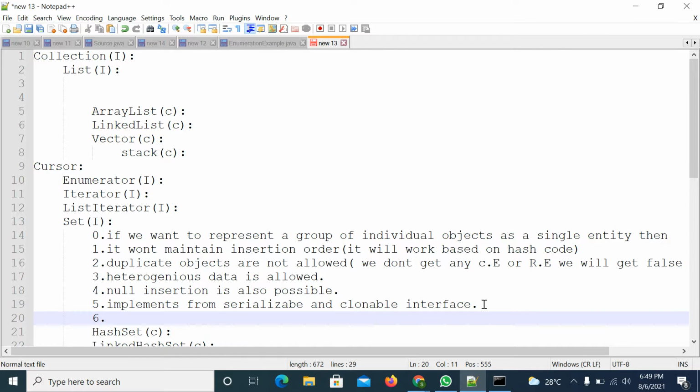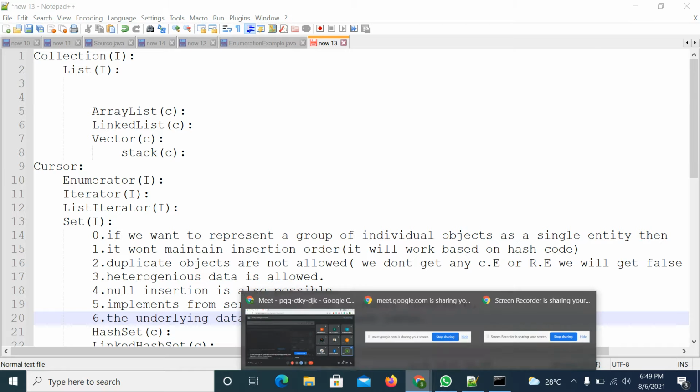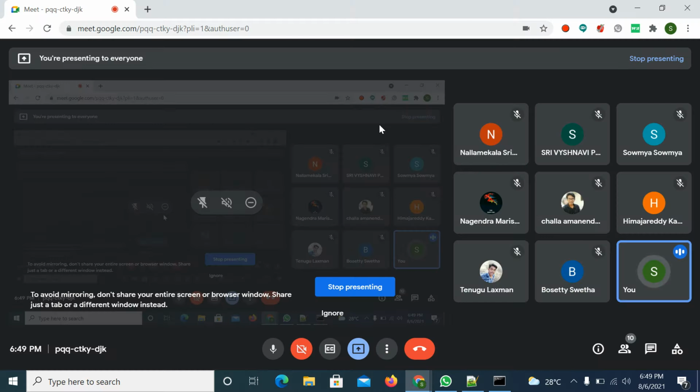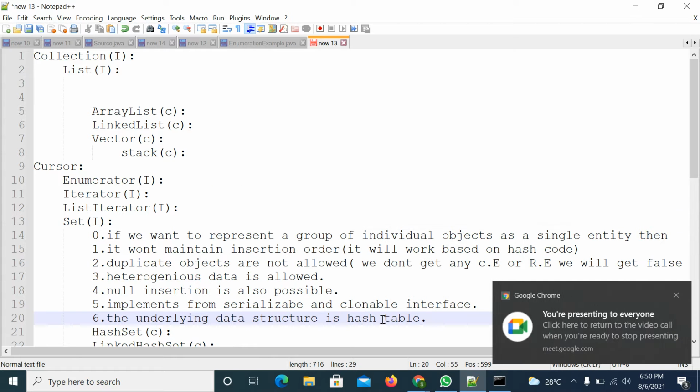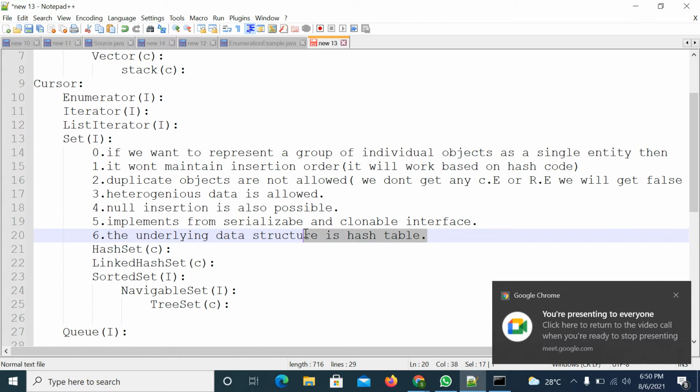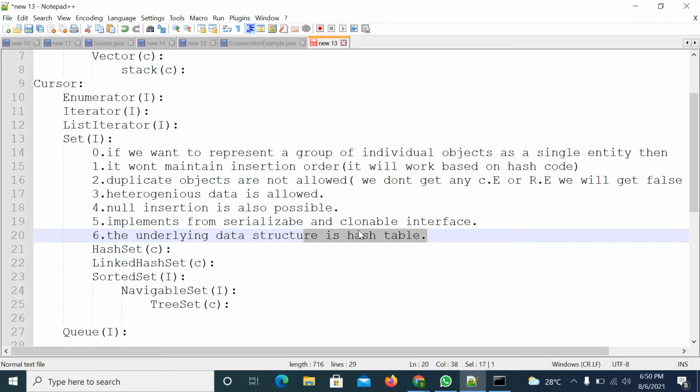So the underlying data structure is the hash table, and it works based on hash table functionality. This data structure follows some rules, and based on those rules it is implemented.